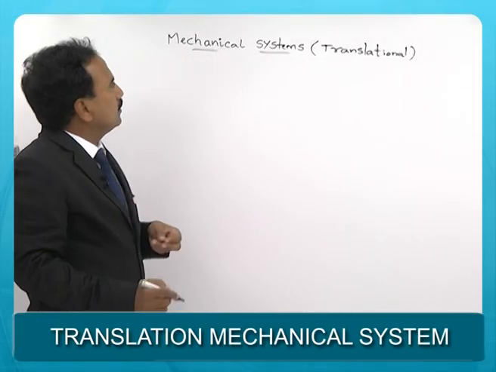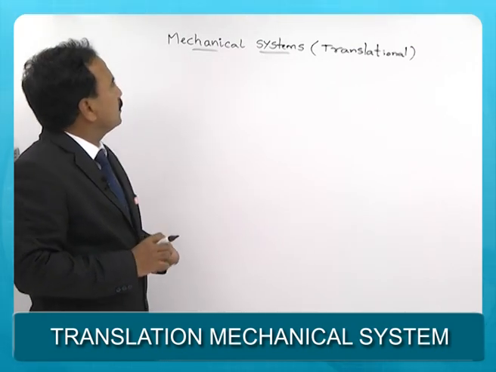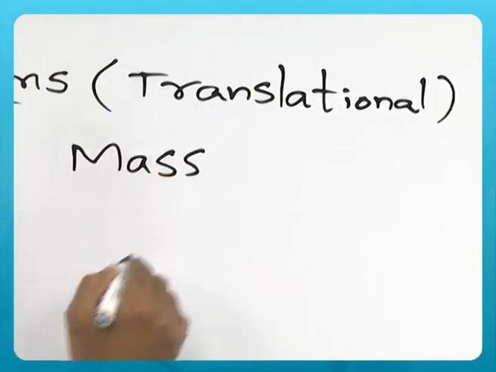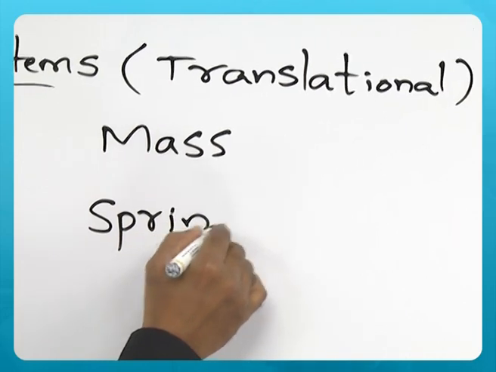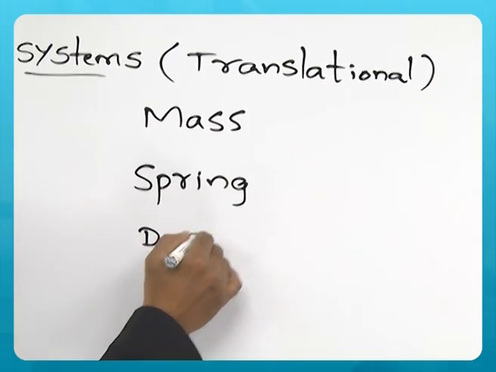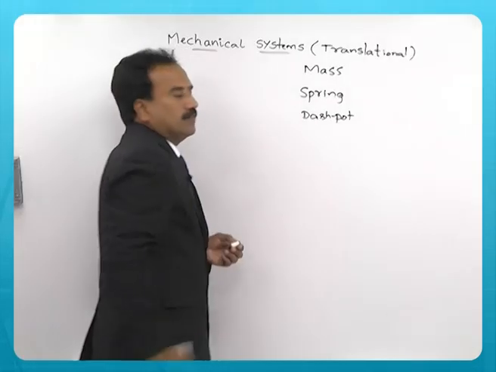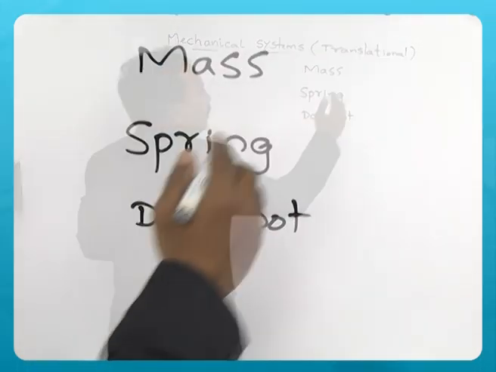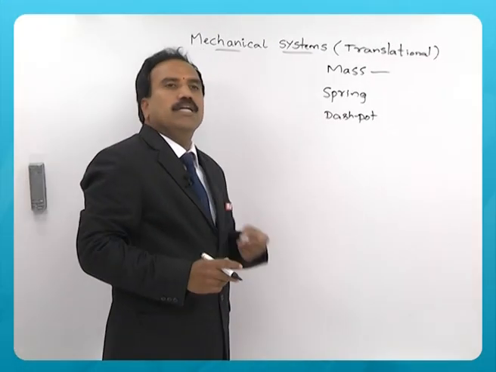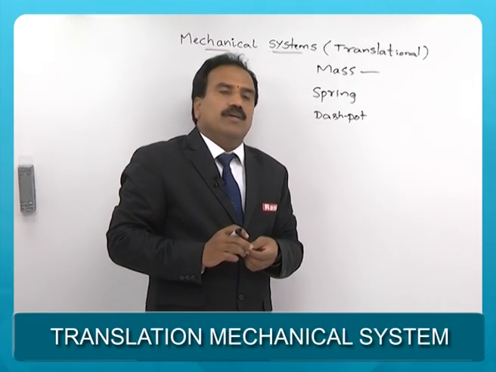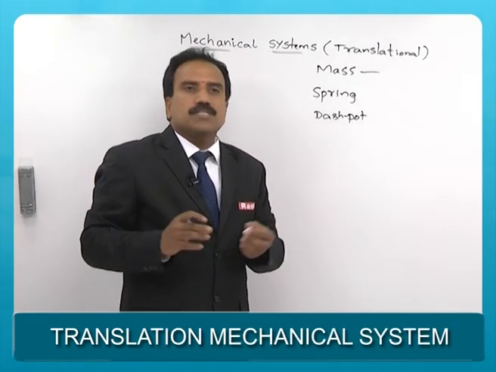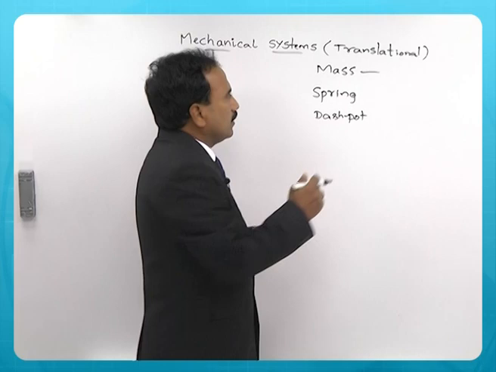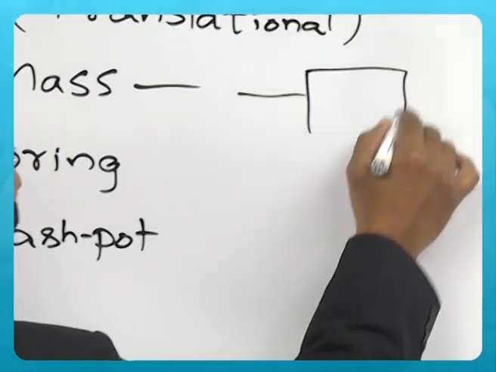So, the components of linear motion or translational mechanical systems are mass, spring and dashpot. These are the three passive components of mechanical systems. What is mass? Mass is nothing but the weight of a mechanical system. It is in fact spread across the body, but we assume that it is concentrated at the center of the body. It is given by this symbol M,